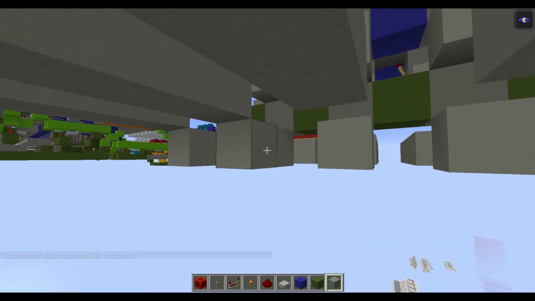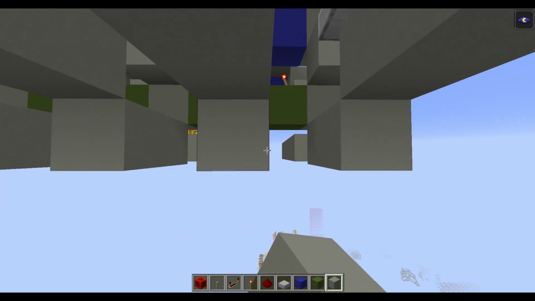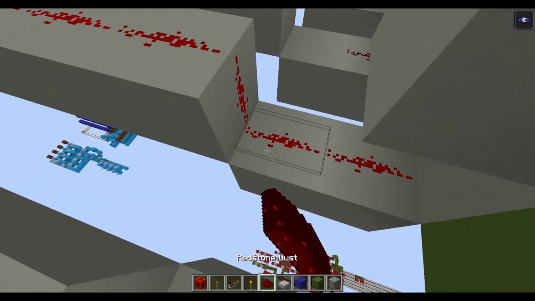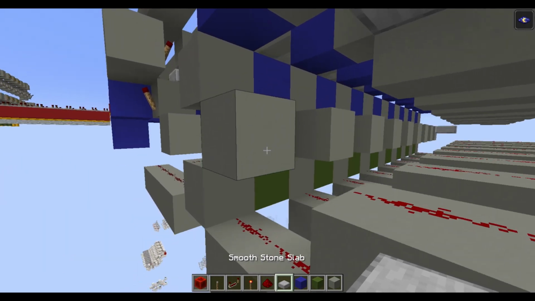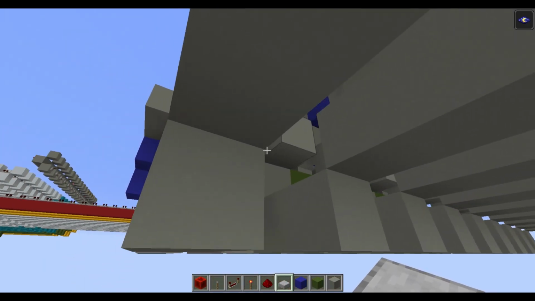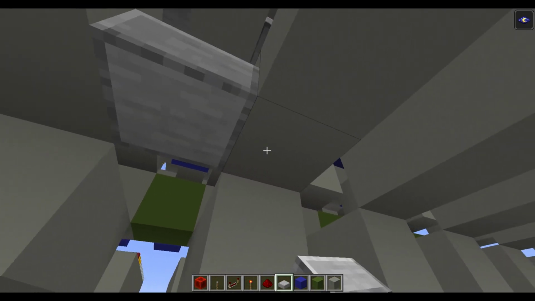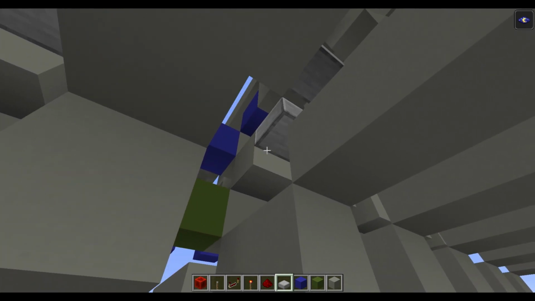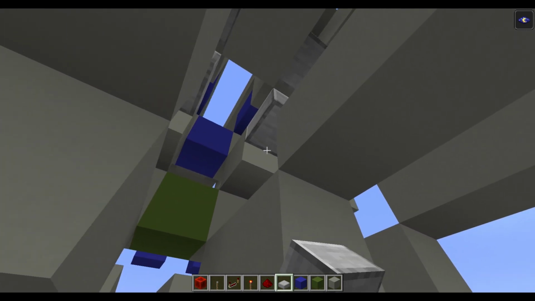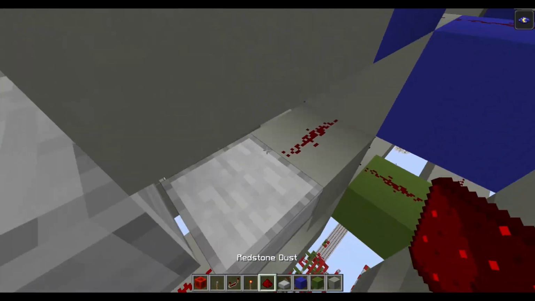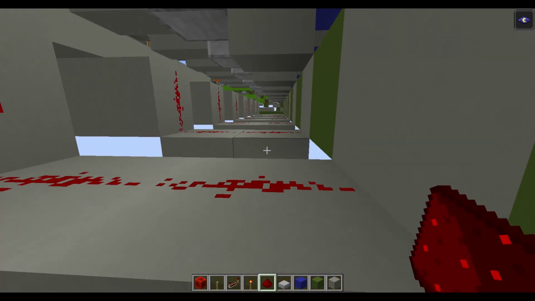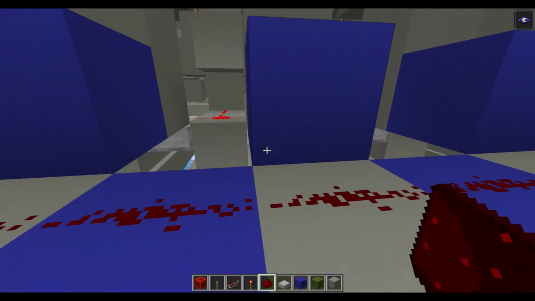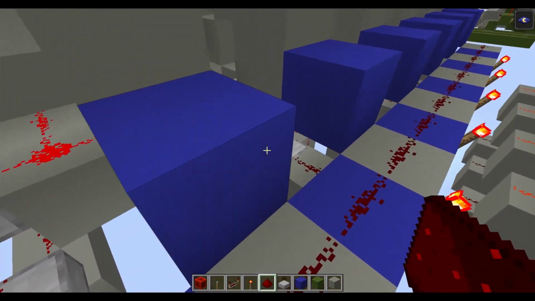Let's connect all this bus. So here, and also this. It's a bit annoying to build this. Okay, with this. Okay, I can from here.